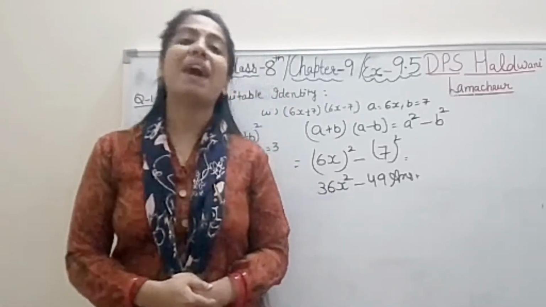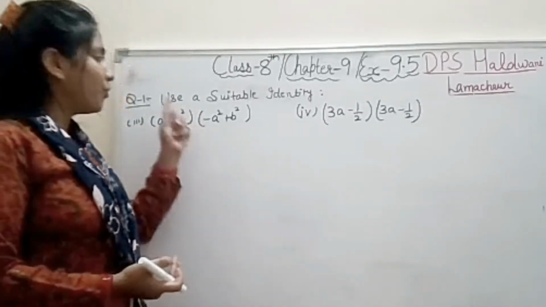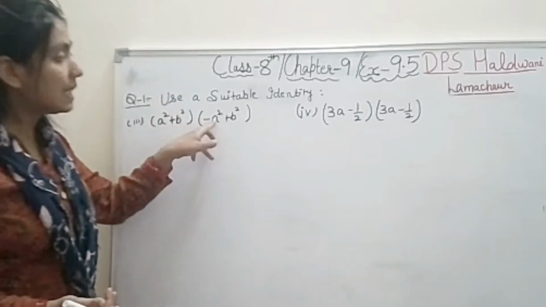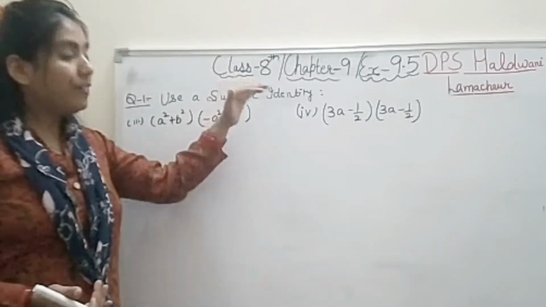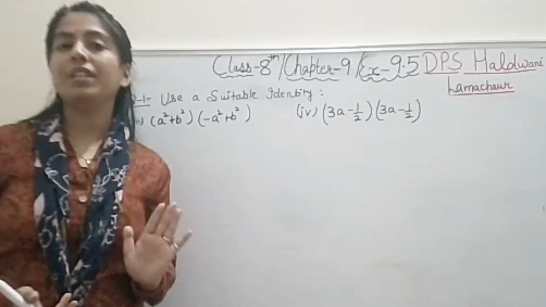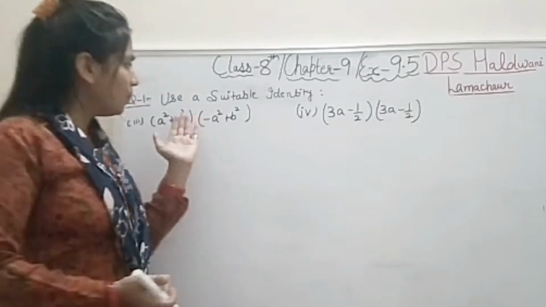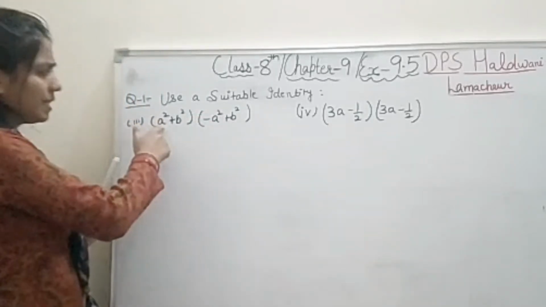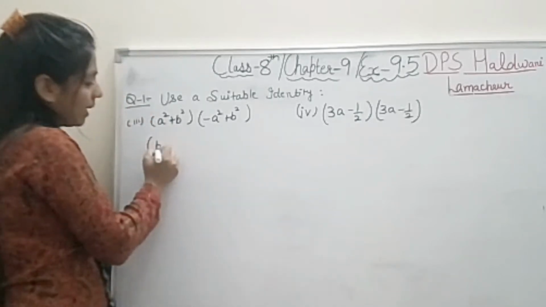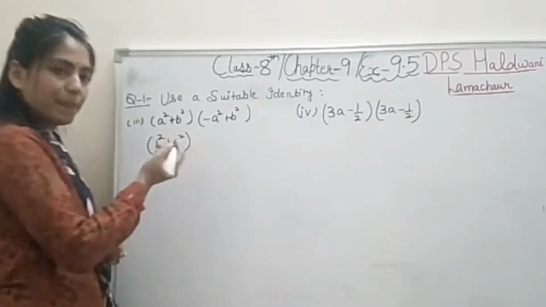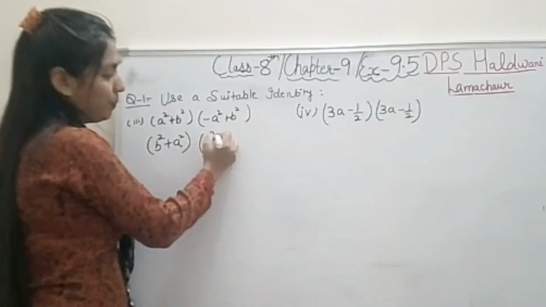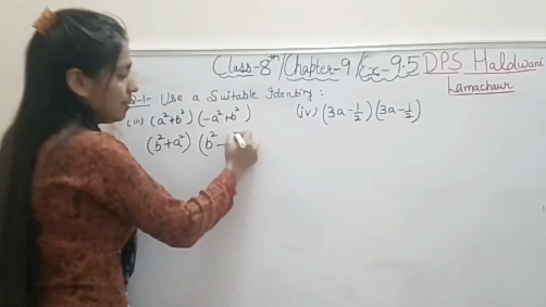Now coming to our third part of question number 1 only. A square plus b square, it is minus a square plus b square. If the question mentions using identity, it means you have to use any of the 4 identities. So which identity is being made? As you can see, it is a square plus b square, both terms in addition. So can I write b square plus a square? Again both signs are same, addition ka. But here b square is addition, right? A square is in subtraction.